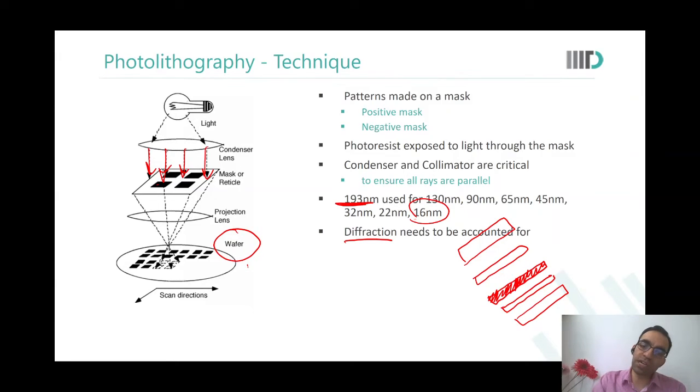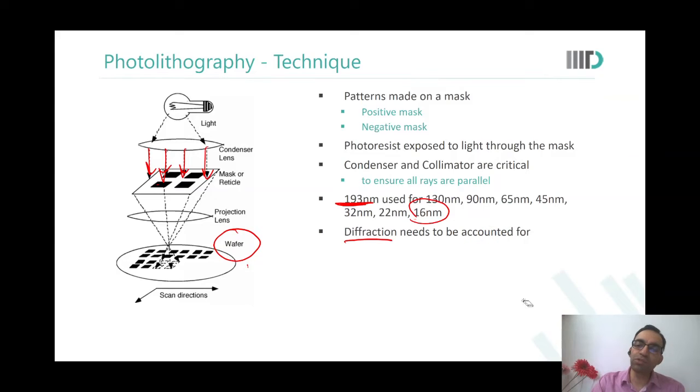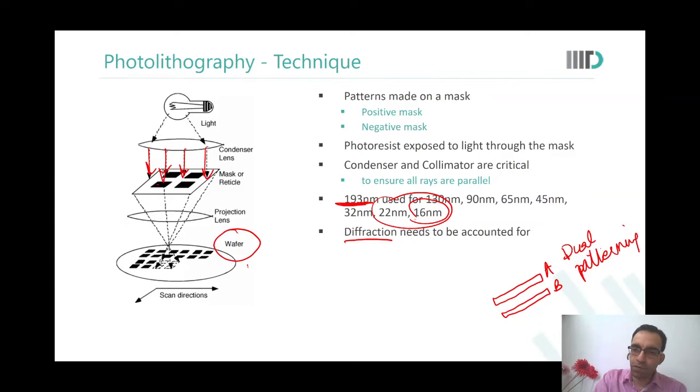So there are design rules that are added to be able to enable use of 193 nanometers even at advanced technologies. There are rules which say that two polys, if they are this close, let us say, then they will be made on two masks. So this will be mask A and this will be mask B. So this is called dual patterning. Why two masks? Because they cannot really be drawn this close with the 193 nanometer light. There will be diffraction and one of the gates would die out.